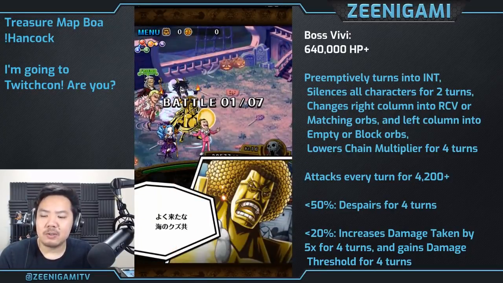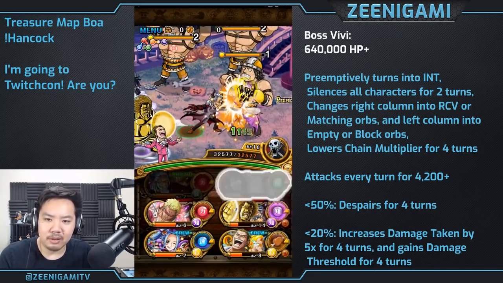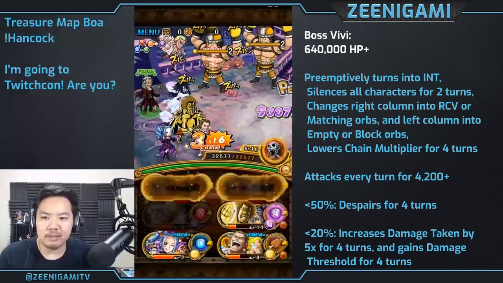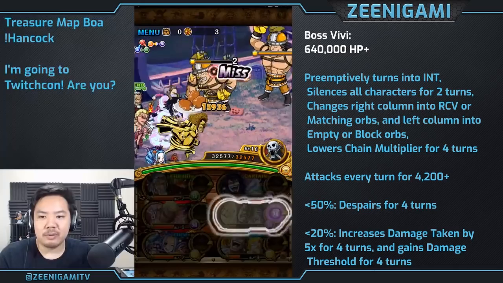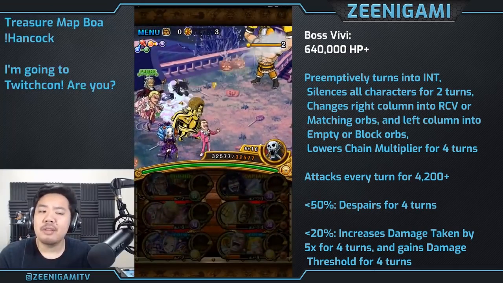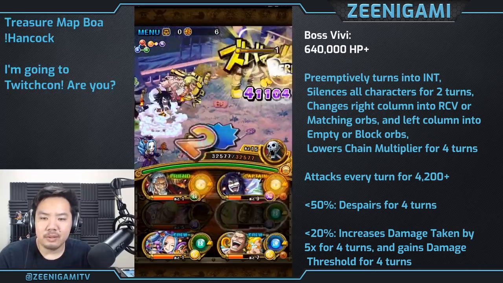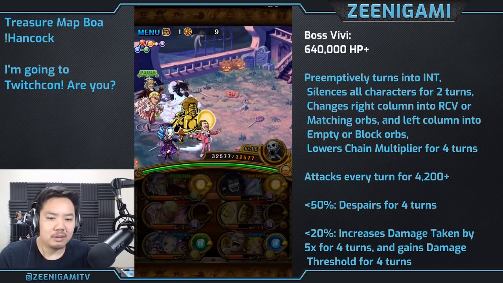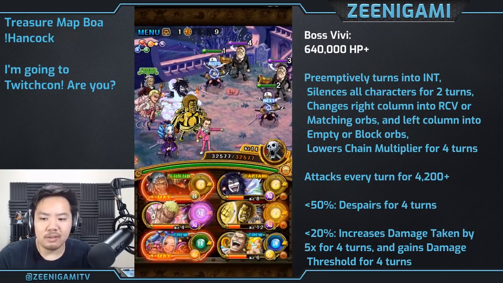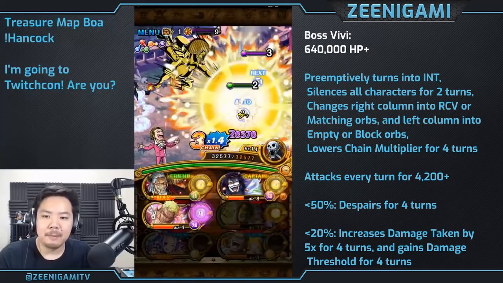Vivi has a 2-turn silence, and there really isn't a good silence remover except for rare recruit characters. So there's some rare recruit silence removers, but I don't have them, so I'm just going to stall out those 2 turns. Another strategy is to use your boosts, such as Sengoku or Caesar on stage 6, and then use Dofi to extend those boosts and then burst on the final stage